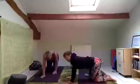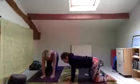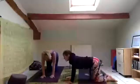arm and our right leg at the same time, moving with our breath. So that's opposite arm and leg. Don't try to do the same side and you're definitely going to fall over. Okay, so